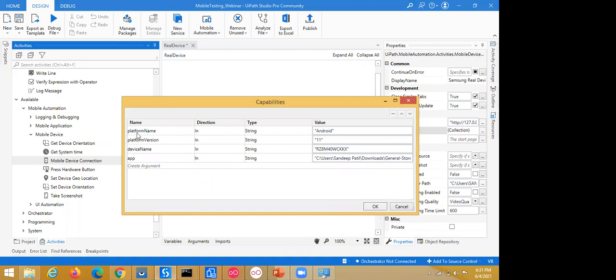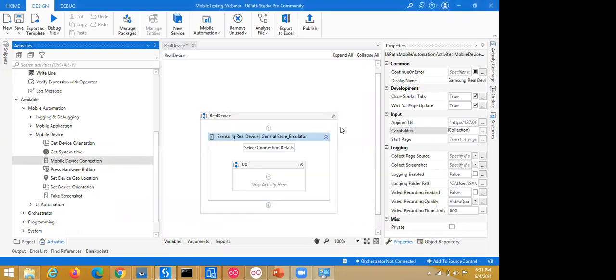This is the platform which we have already added in our device manager section: project or platform name, platform version, device name, and application path. So now the connection is done.